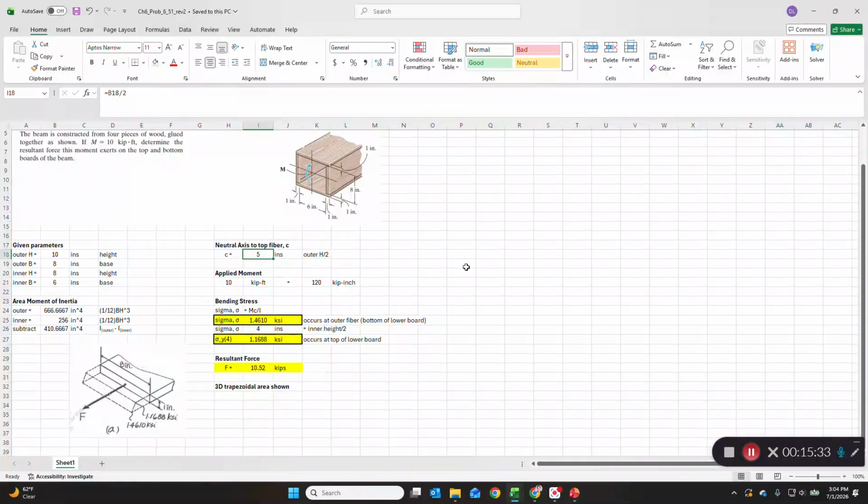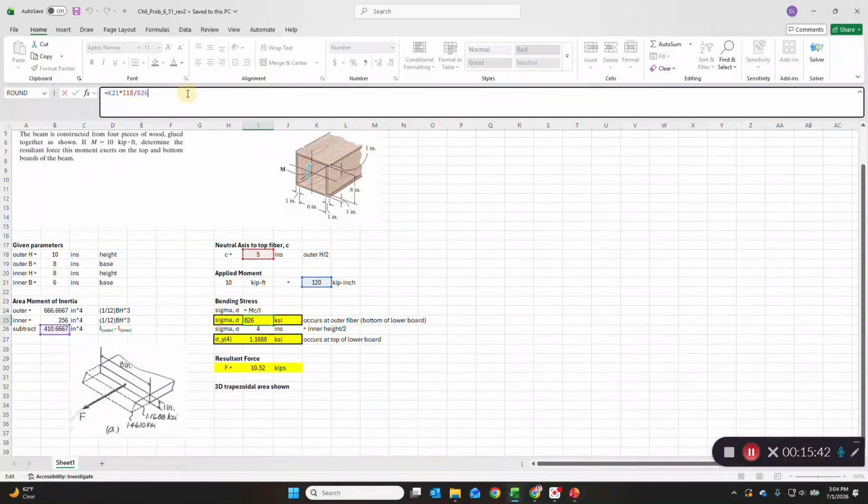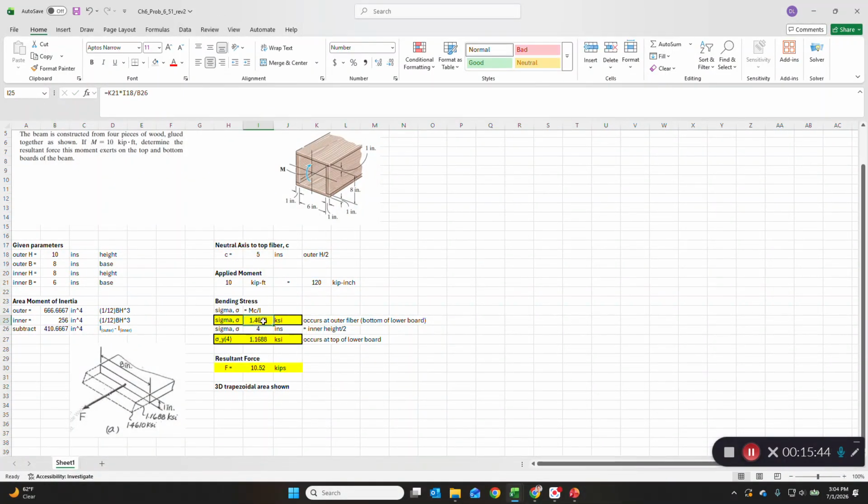Kip-inch squared. And then you're dividing it by inches to the fourth, this 410 value, right? So let's check that. Yep, you're dividing it by the 410, and you get 1.461 ksi, and that occurs at the outer fiber,